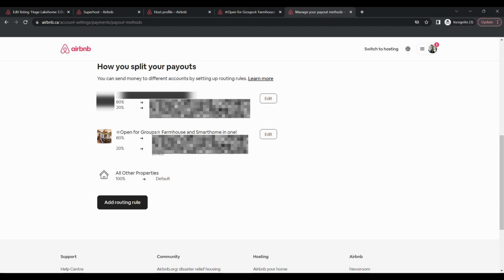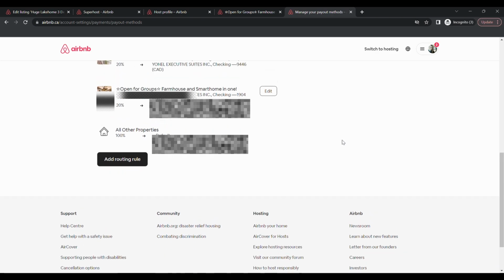Instead, in this case, you can see here, I send it all to the property owner. In this case, it's a pool account because this is a house that we joint venture. So it all goes to one account, and then I take a cut. My cut gets taken out, and that's how that structure goes. That way I get my share, they get their share, and the only thing I do is bill them for the cleaning expenses or any additional expenses that come up. So that's how you can keep it a little bit cleaner. I hope that answers your question about the back end, how to structure things on the Airbnb system itself, and a little bit more about the intricacies of co-hosting.